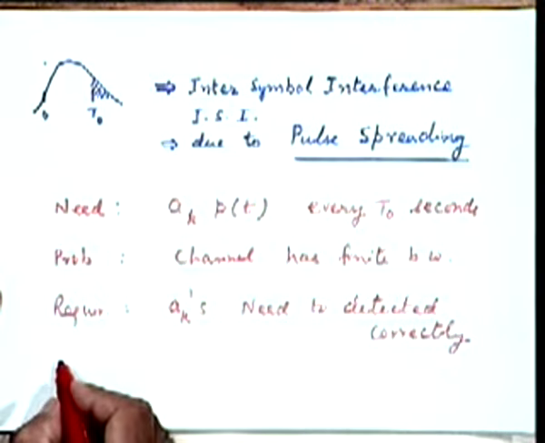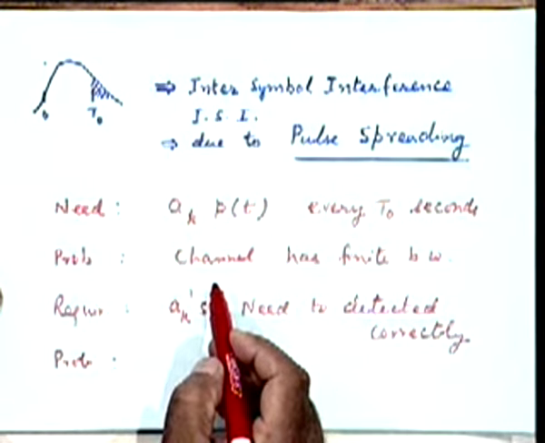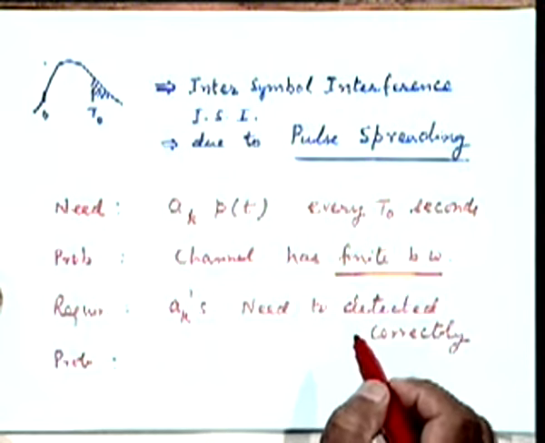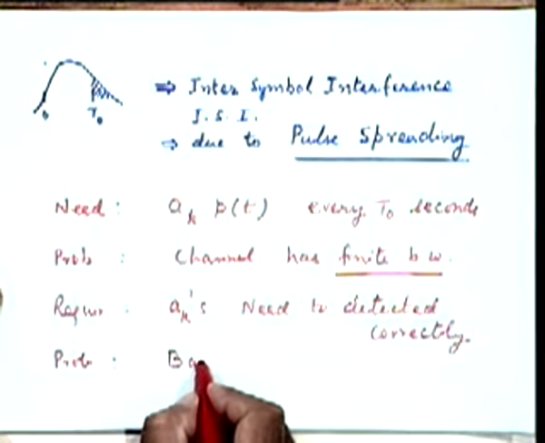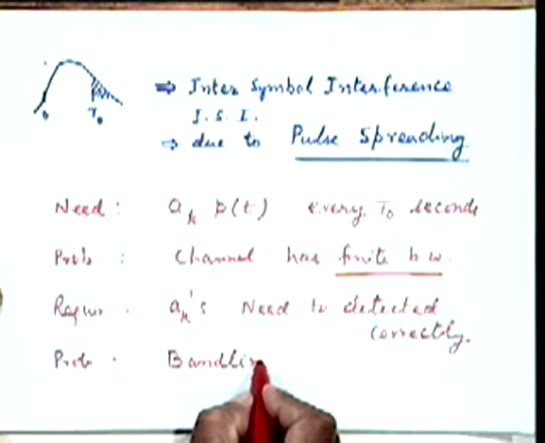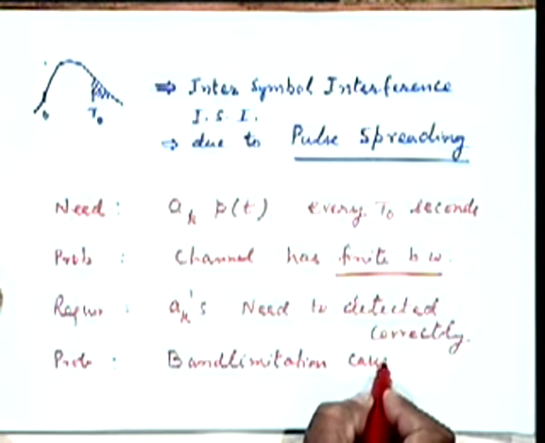And now the next problem is that this requirement is hampered by the fact that this band limitation causes spreading of the pulse. Right? Band limitation causes spreading,